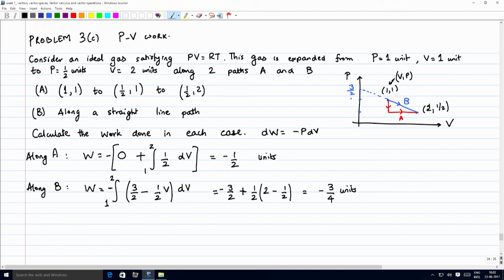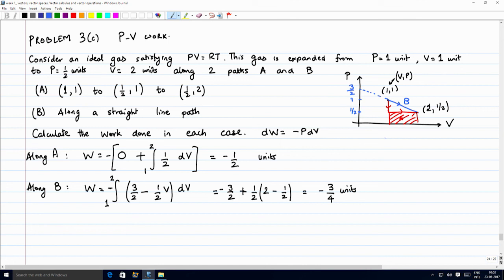So, in this case we see that the work done in both the two paths is different. Now, incidentally, you might be familiar with the idea that integral p dv is nothing but the area under this PV curve. So, you could just calculate the work just by looking at the area. If you look at the area under A, this is the work done in the first case, and you can clearly see that this area is just half, because this height is half,